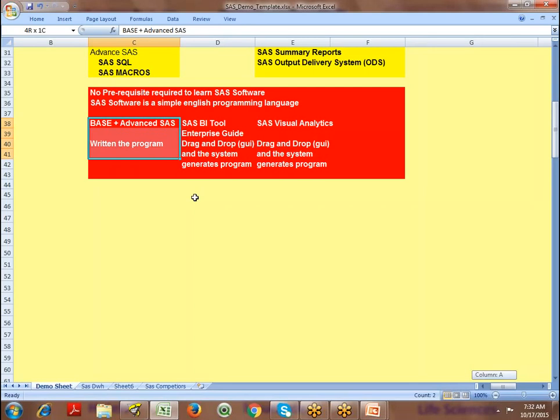So without learning base SAS and advanced SAS, you can't work on Enterprise Guide and Visual Analytics. So this is totally drag and drop. But what you're going to drag and drop, you need to know. That is what we are going to learn in the base and advanced programming. Any SAS advanced tools that you take are built on the foundation of base and advanced SAS.